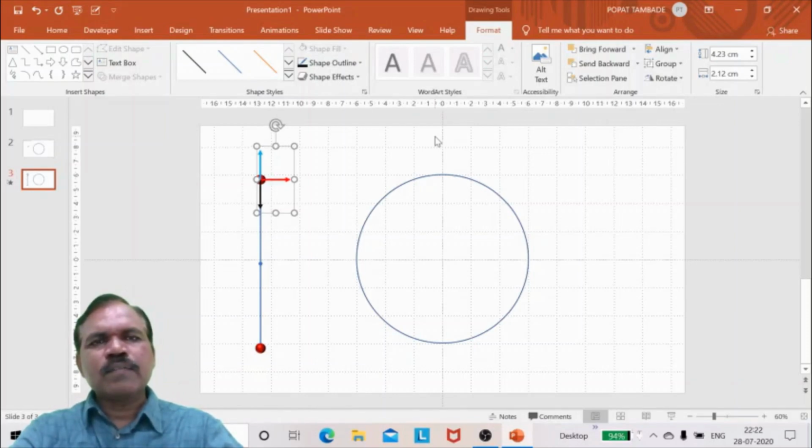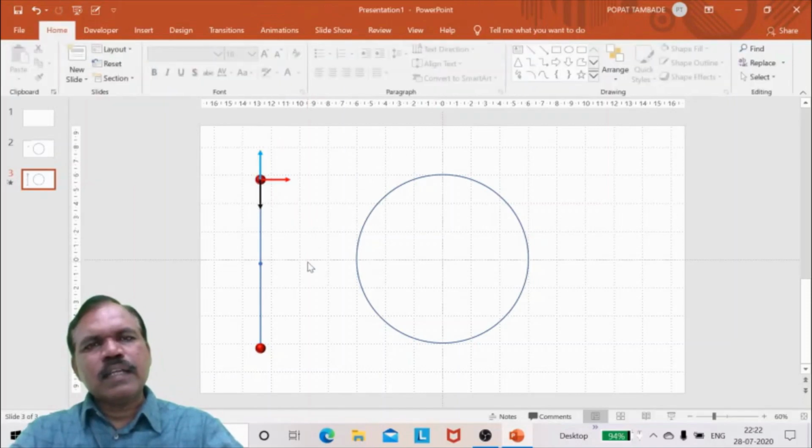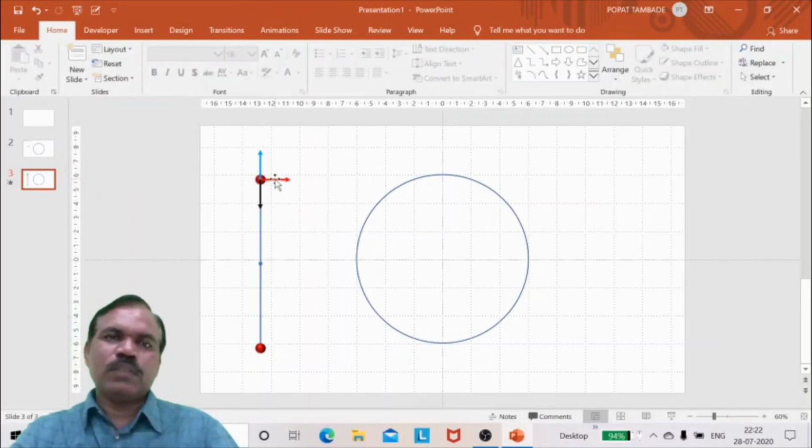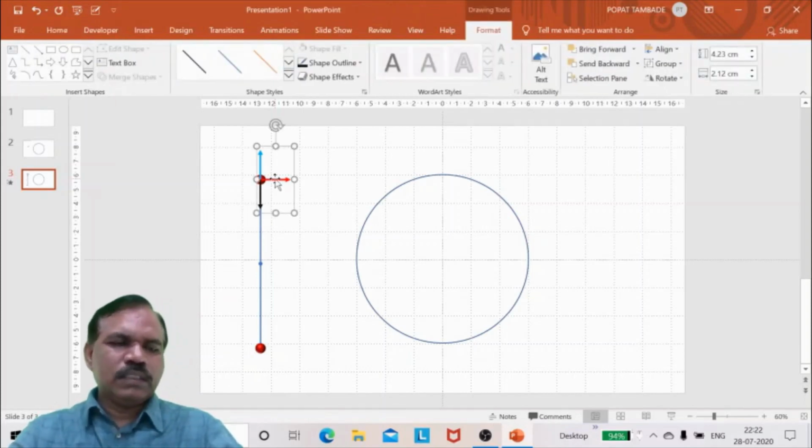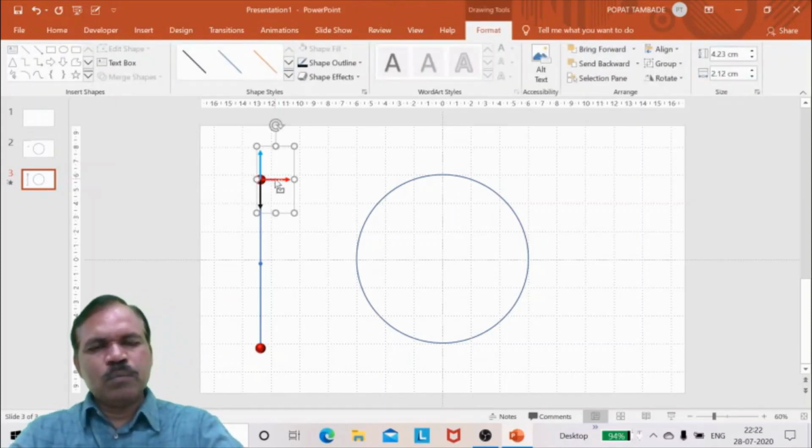Arrange exactly at the center. Now we have to make the figure symmetric about center because this figure will spin around that center. So these three arrows, they are grouped together.